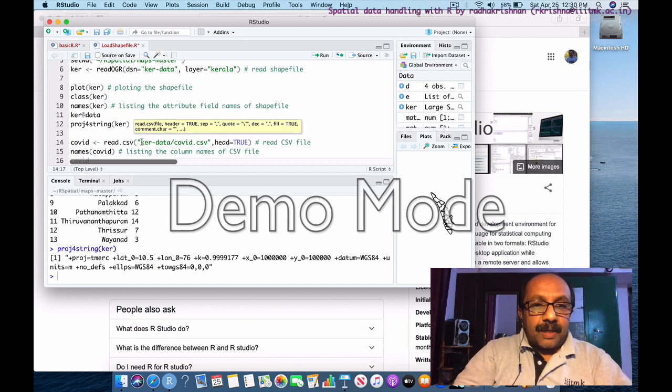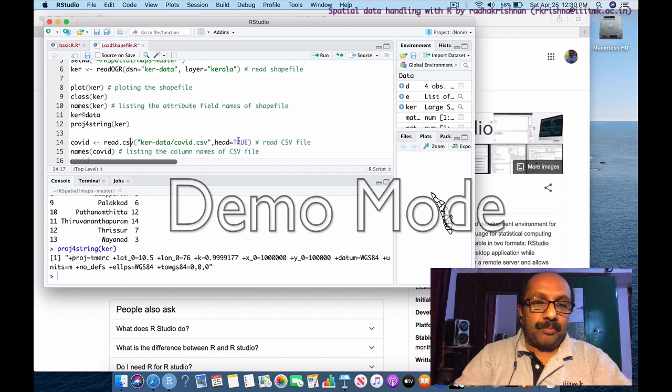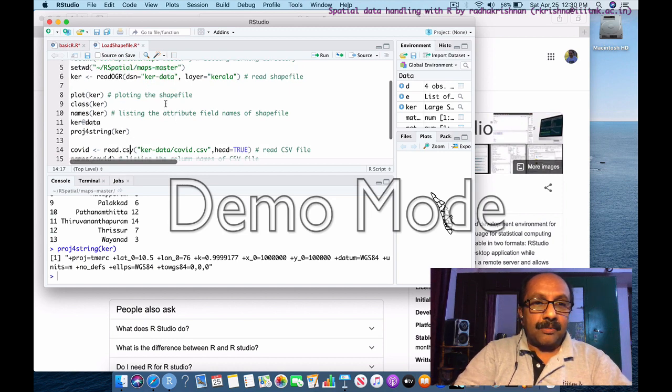Within quotes you have to give the folder name with file name with extension, and header equals TRUE means it will take the column names also. We are ensuring that column names are included. Here also you don't have to give the full path because the working directory is set to the maps master folder.